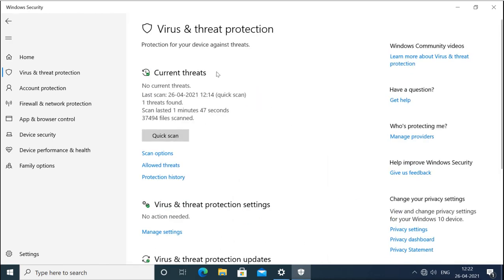Here we have protection for your device against threats. Current threats: no current threats are there. Last scan was on this date, it was a quick scan. One threat was found and the scan lasted 1 minute 47 seconds. That is the time it took to scan, and it scanned this number of files. If we want to do the quick scan, I can do it here. Or if I want more scan options, I will click here,